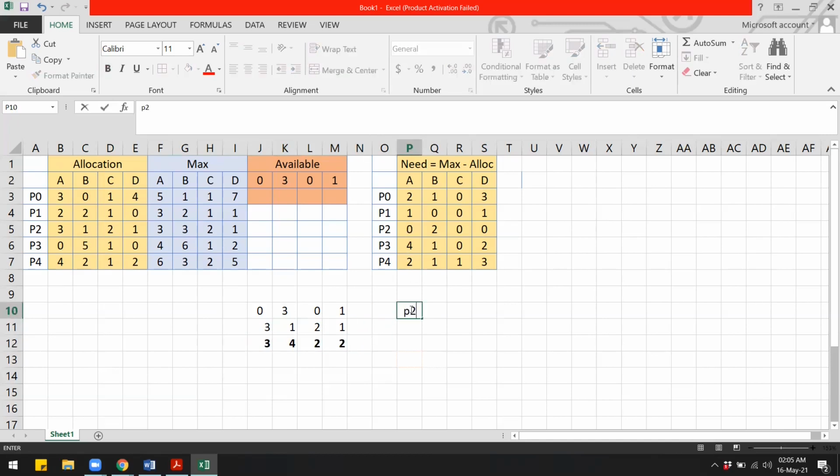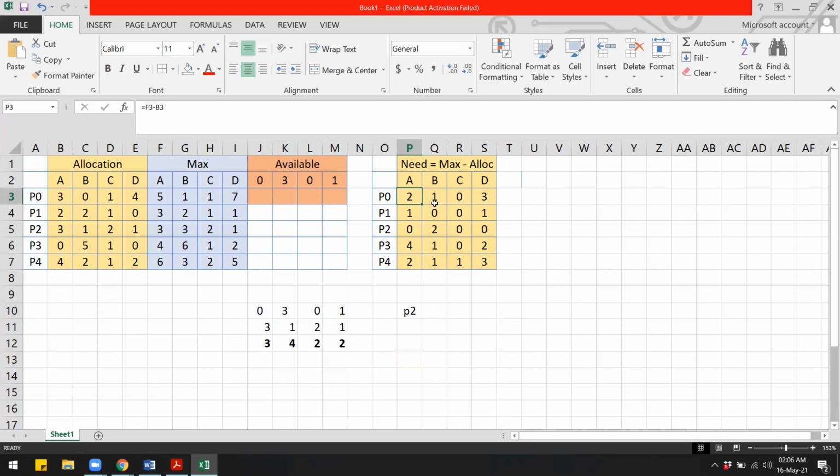P2 is done. Can we run P3? We again cannot run P3 because there is not enough resource I. What about P4? We cannot run P4 because there's not enough resource D. We'll go back to P0. Can we run P0?